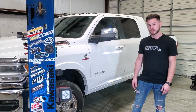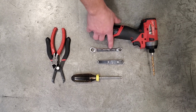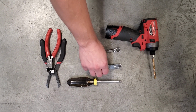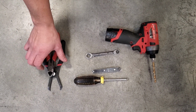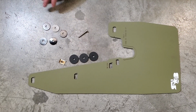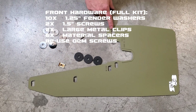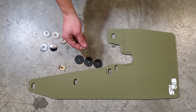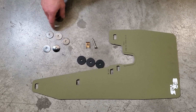installing the front first. Alright, so the tools you'll need for this install is a drill with a 1/4 inch bit, an 8mm socket or wrench, a Phillips head screwdriver, and something to pull or cut the inserts out. Alright, so here we have the front flap laid out with the hardware that you're going to get per side. You're going to get some extra spacers for this inner mounting hole so that you can set the offset from the fender liner. You'll get a 1.5 inch screw with a metal clip, and then you're going to get 5